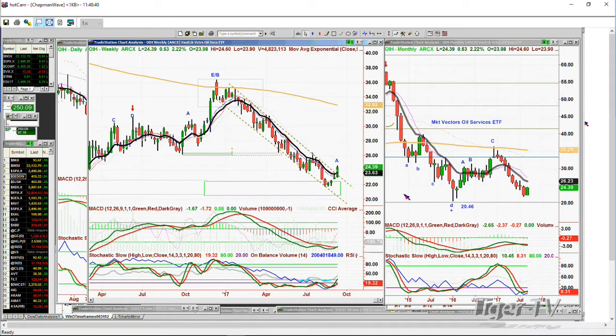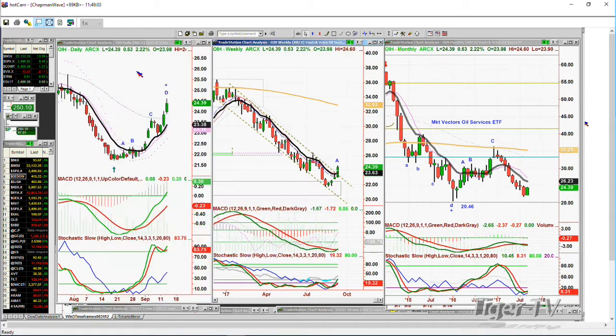But look, that downtrend, remember what I spoke about, that narrow little tube going down, a little worm, it looks like little bounces from the bottom to the top with lower lows and lower highs. Now's the first breakout. And I can just tell you, if the OIH closes above 26.38 in the next week and a half, that's very positive action. All right, so we've covered oils. We were done with that. Now the next thing is,